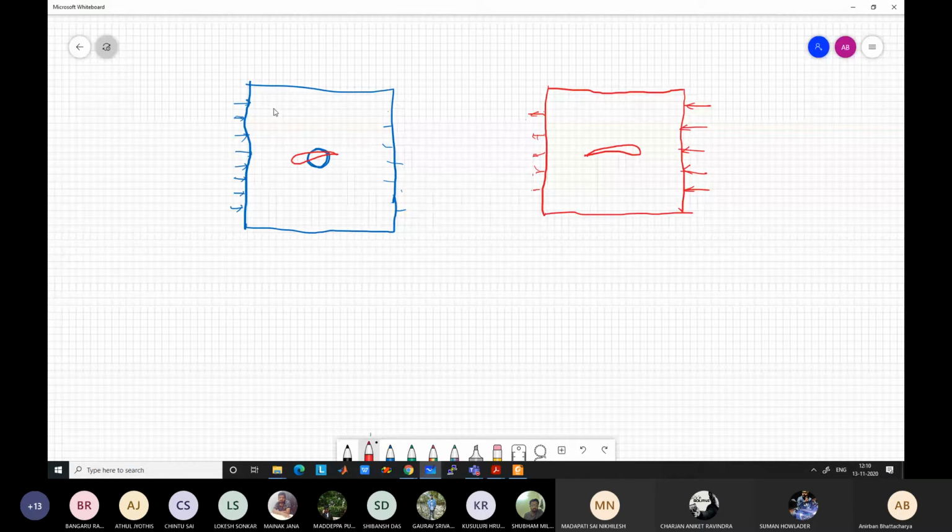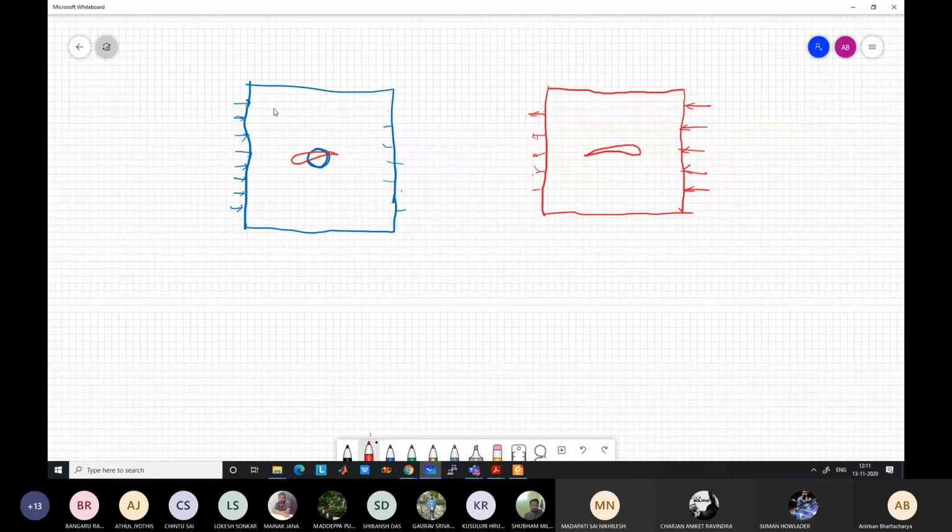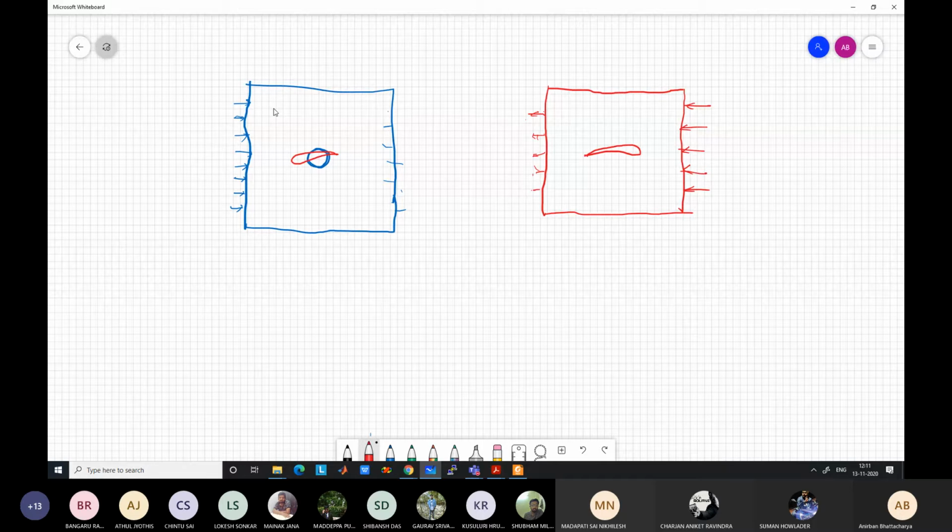And even in commercial software, there is a panel for initialization. If you do not know, or if you are just blindly solving, you can take a look there and you will see that some initialization is occurring somewhere. Either it is taking some 0 values or it is taking the values from the boundary condition. It is just that this package, or commercial software like Fluent, is helping you. Unknowingly you are giving that initialization, but actually it is being taken as the initial guess value. There is a place where you can initialize values. If I write my own code, I have to actually give the initial guess values, otherwise we cannot start the problem.